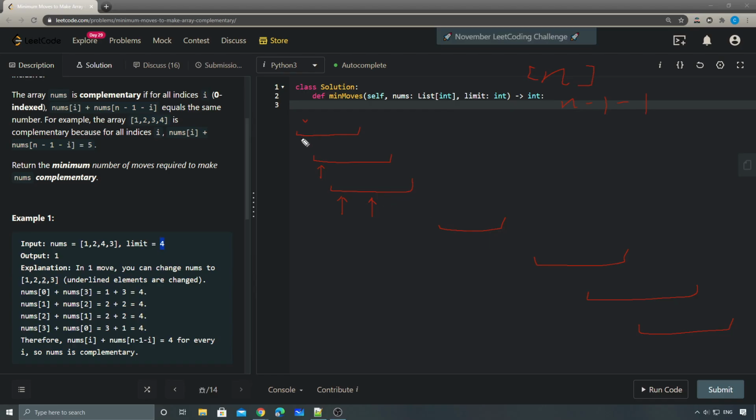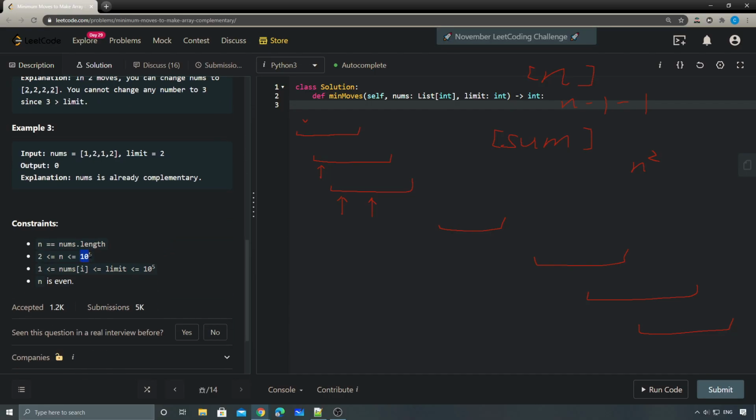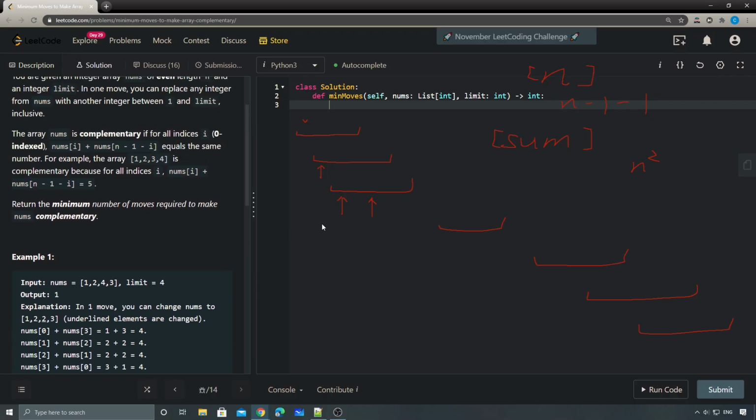So the way we're doing this kind of line sweeping thing is because, let's say we have a range S, and if we try to fix each of the sums here, right, and then with the other ranges, if we try to see how many ranges this sum falls in, right? If we do it in that brute force way, it's going to be O(n) squared time complexity, and with the constraint 10 to the power of 5, that would TLE. So we have to use this kind of line sweeping technique to improve this O(n) squared to